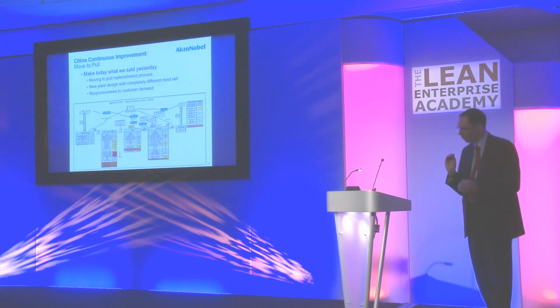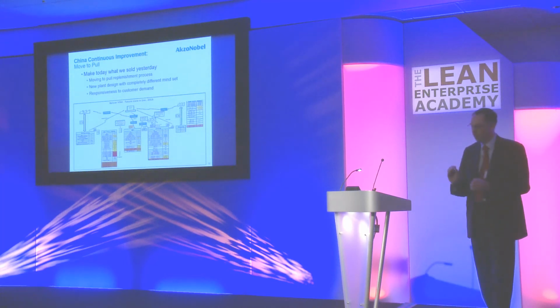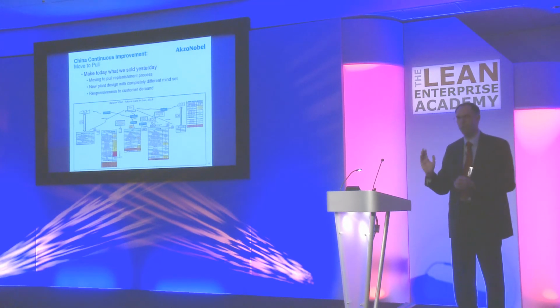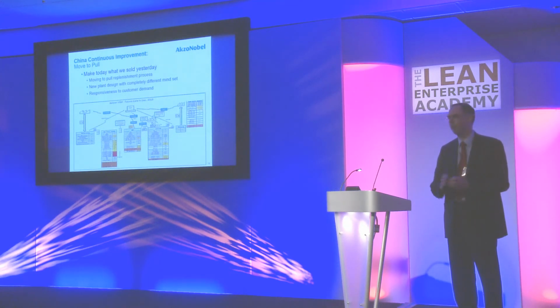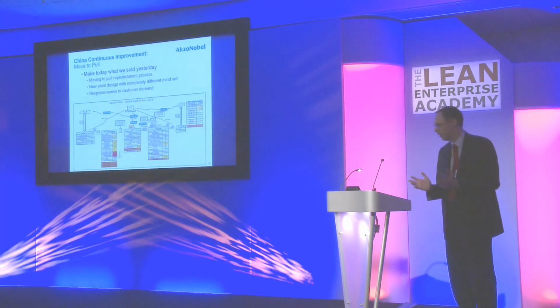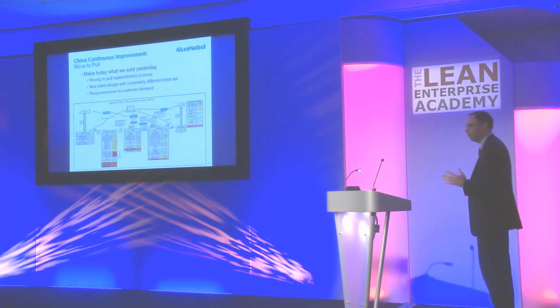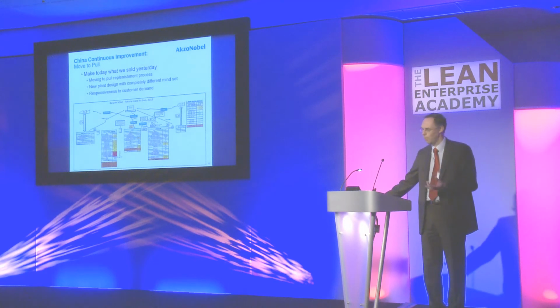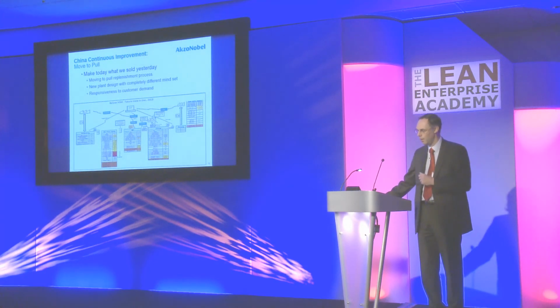This plant will be fully operational by the beginning of December. In fact, I'm going to China early December to see it operating. And already we can see the benefits that there's no inventory. Our ability to service customers is completely different. So again, a team there in China who've taken on ideas with massive problems, but have tried and achieved a